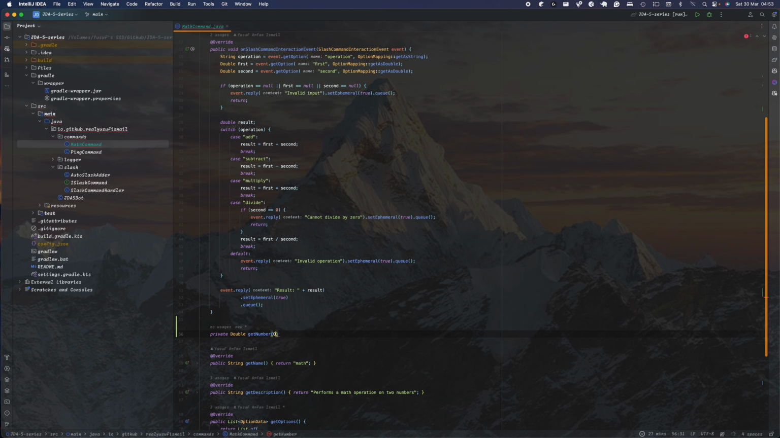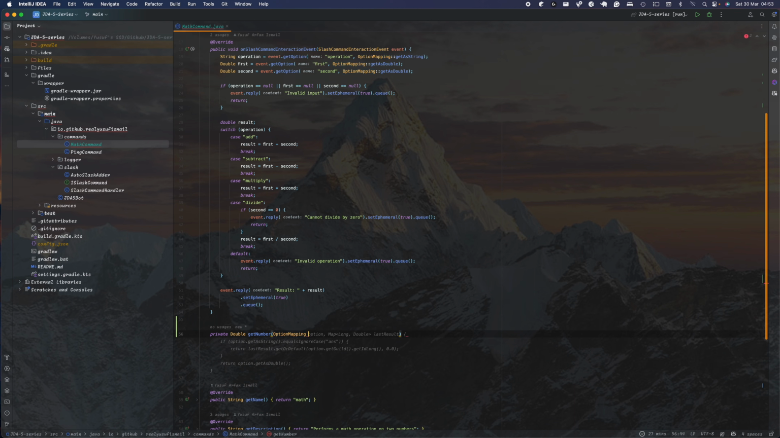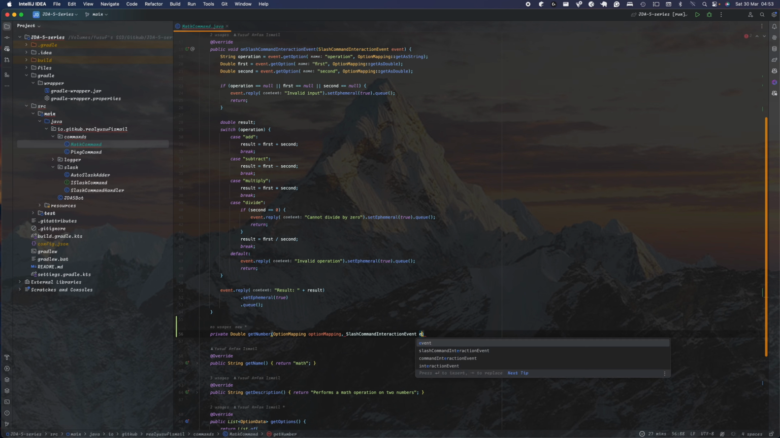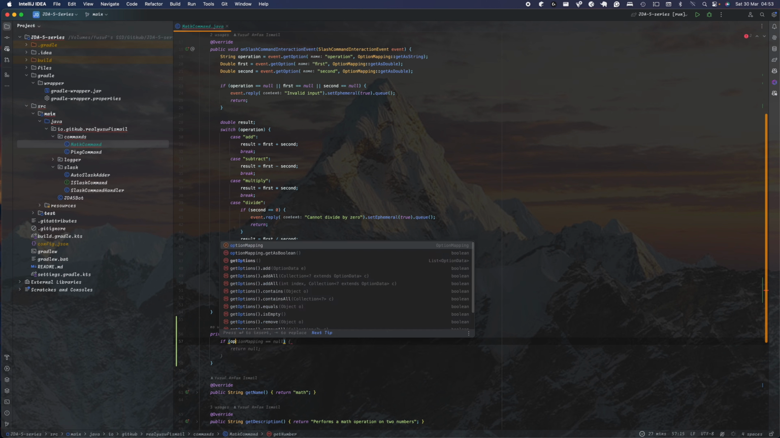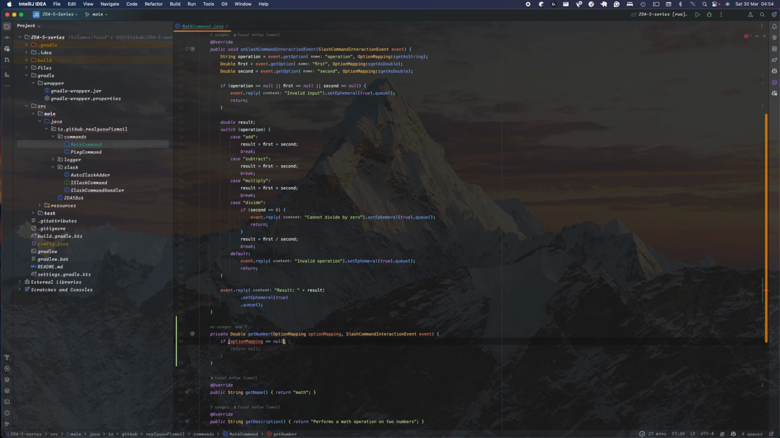and in here we're going to have option mapping. So this will be used to get it as a string, and then the slash command interaction event, and in here we're going to do, if the option mapping is equal to null, we're going to do the following. Going to say send reply, and in here we're going to say invalid input,